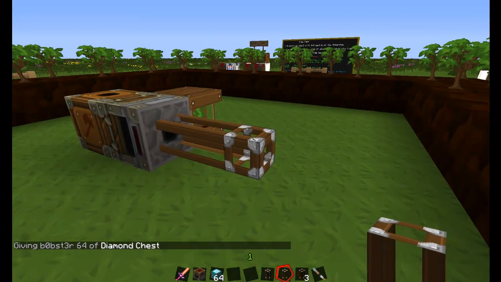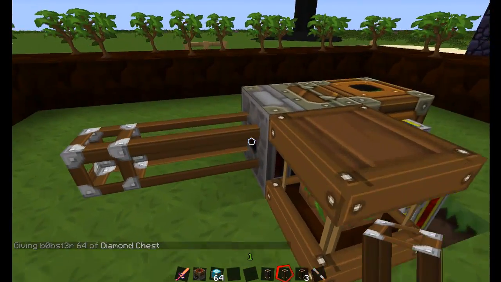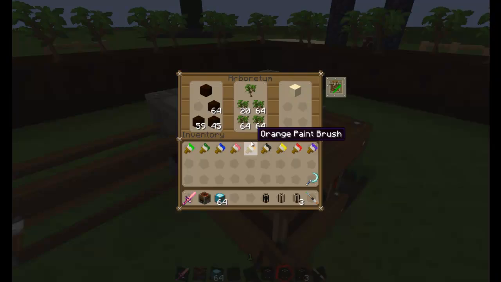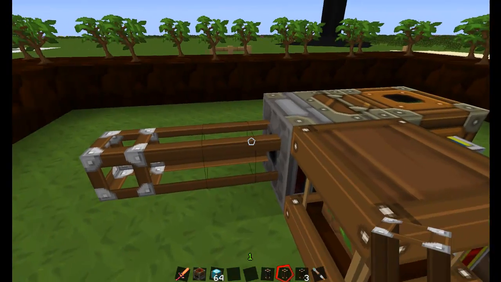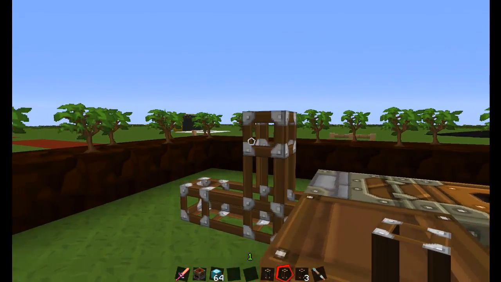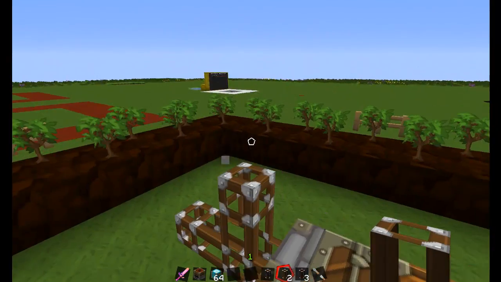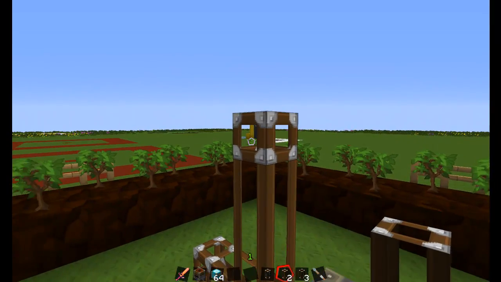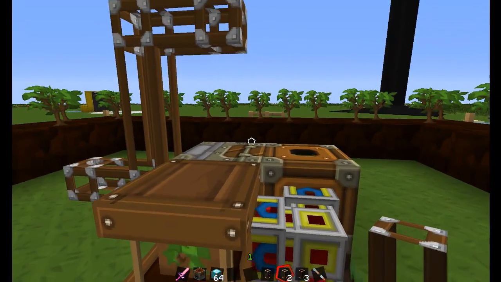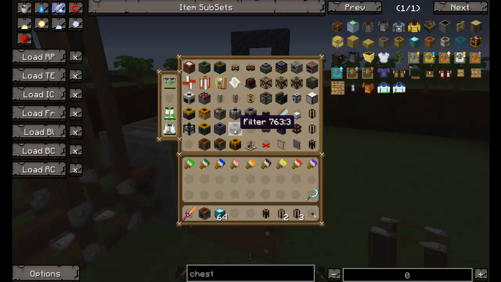Actually, I'm not. I've forgotten a step. What we need to do is get the saplings to go back into the arboretum, so this is kept topped up. To do that, just take a lift off, come this way, lift up 2, we'll go over the top of the relay, and here you need to place an upside down